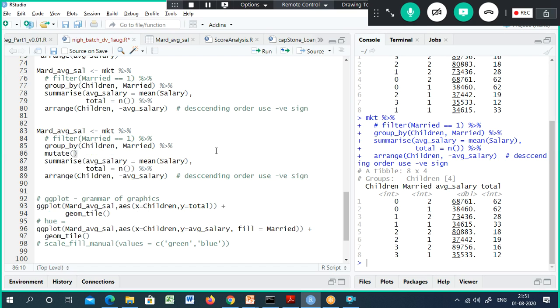So here I'm going to use the mutate function. Here what I'm going to create is a salary to spend ratio, something like income to spend ratio, which is equal to salary divided by amount spent, times 100.